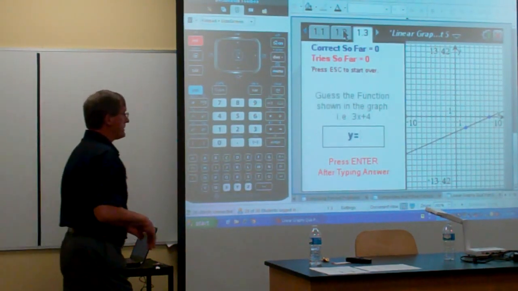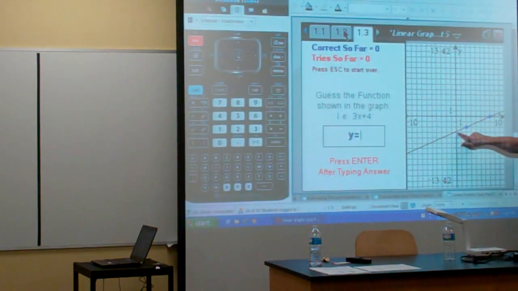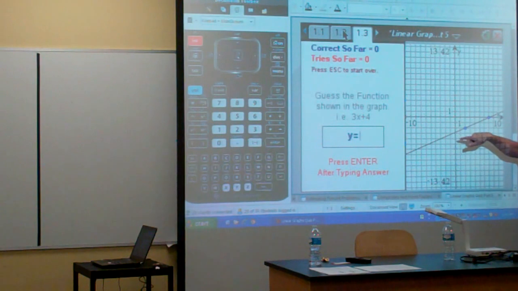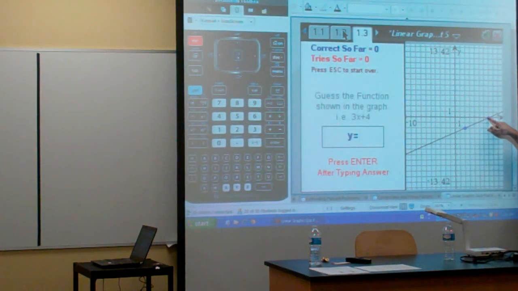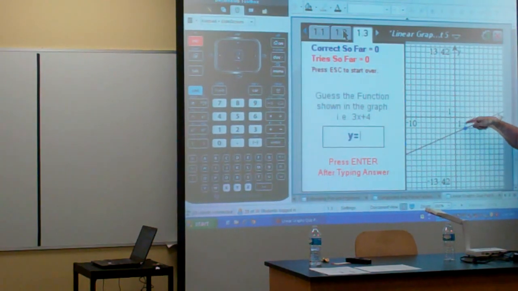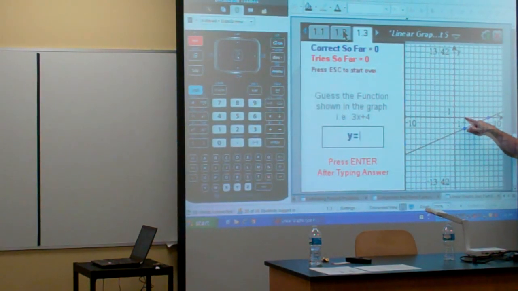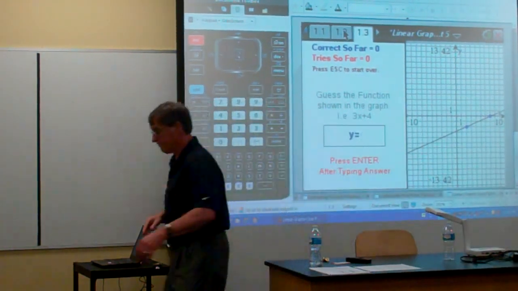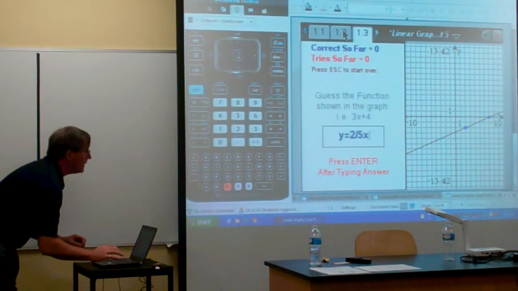it gives you 2 points. It doesn't say what the points are, but it does allow you to observe. Now notice you can see that this particular line is not going to go through an integer location. Where are those points? 1, 2, 3, 4, 5, 6, 7, 0, and 2, negative 2. So we can figure out our slope. We know it's got a positive slope, right? So we don't have to worry about that part. We can see that it is what? 2/5, isn't it? So 2 divided by 5x